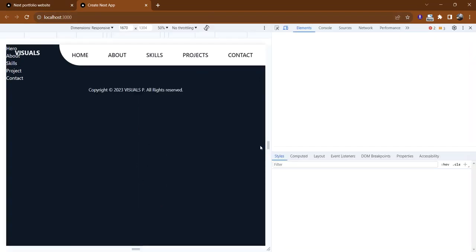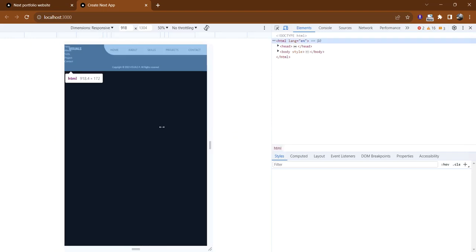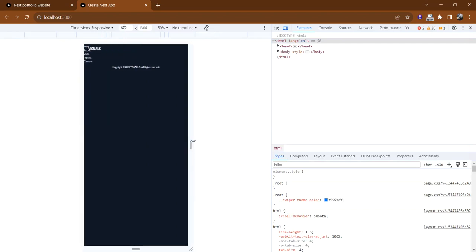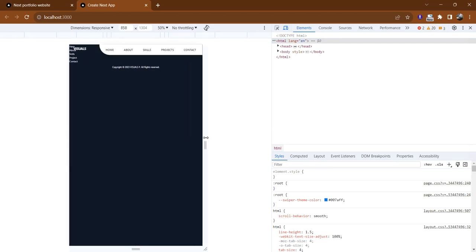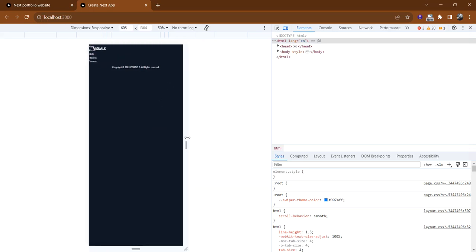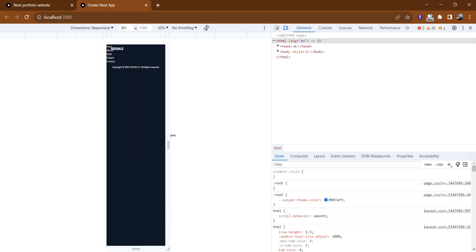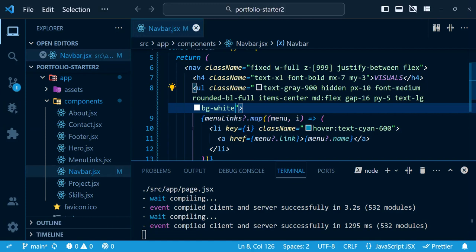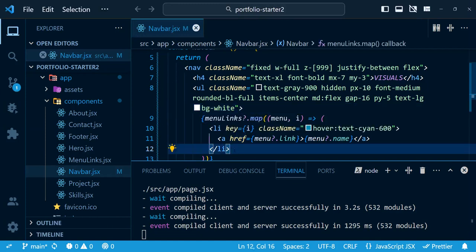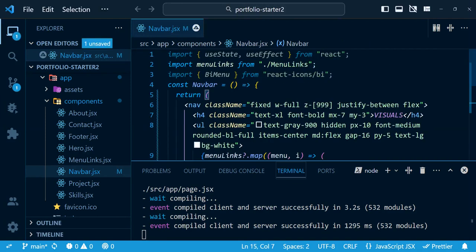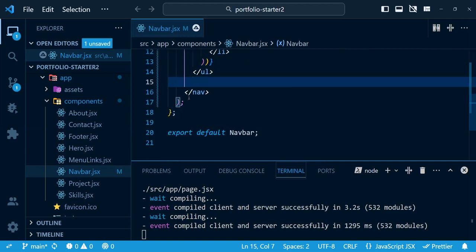sorry for the lag, you can see the elements will be hidden, but the three dots will not be shown, and the drop elements will not be shown. So let's create that now. Let's create the three dot element. To create that, we need to create another BI element, which means I have already imported from React icons. So let's create the BI elements,